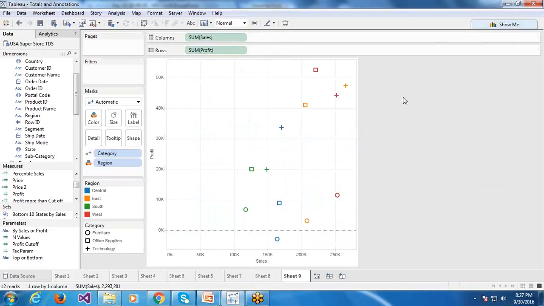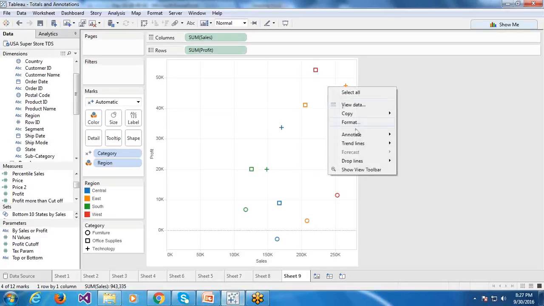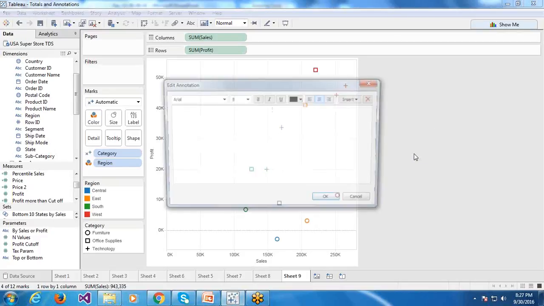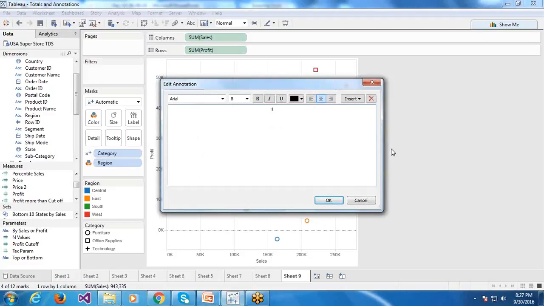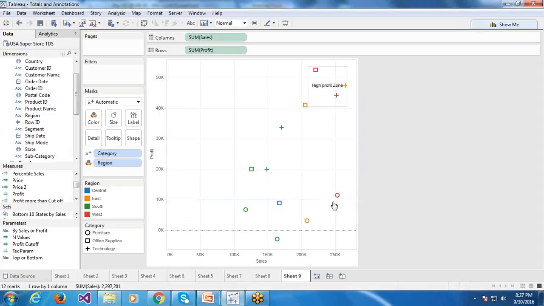And you can also create area annotation like this. Annotate area, high profit zone, something like that. But this is not associated with any marks.